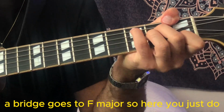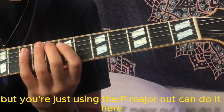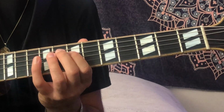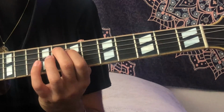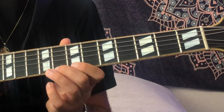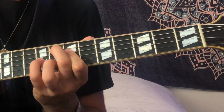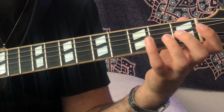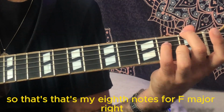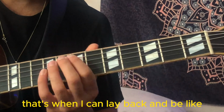goes to F major. So here you just do, that it's the same thing, right? But you're just using the F major now. You can do it here. Right? So that's my eighth notes for F major, right? When I can fill the space with eighth notes, that's when I can lay back and be like,